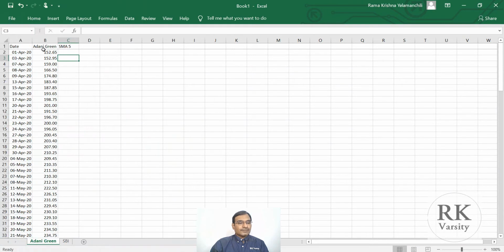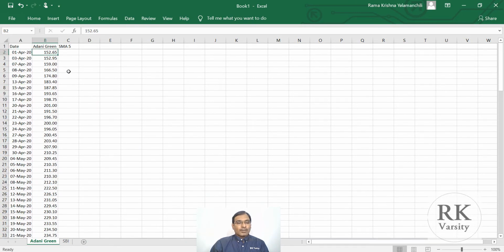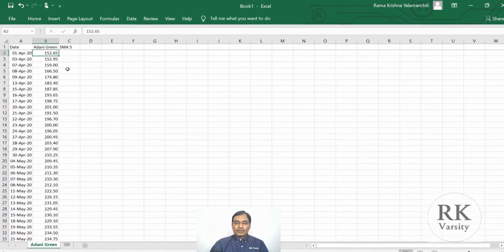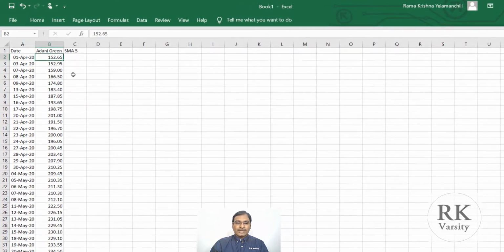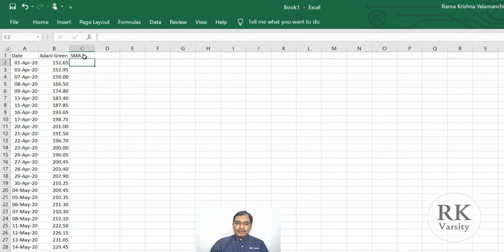Here are the daily close prices of Adani Green for the period 1st April to 30th September 2020. Now using these closing prices, we'll calculate the moving average. While calculating a moving average, you can choose any number of days. In the sense, you may choose a 5-day, 10-day, or a 100-day, 200-day. That depends on your investment horizon. So if you are making an investment for the long term, then you can look at a long-term moving average. If you are looking for short-term trading, then you can go for a short-term moving average, right? So here, making an assumption that we go for short-term trading, I am using a 5-day simple